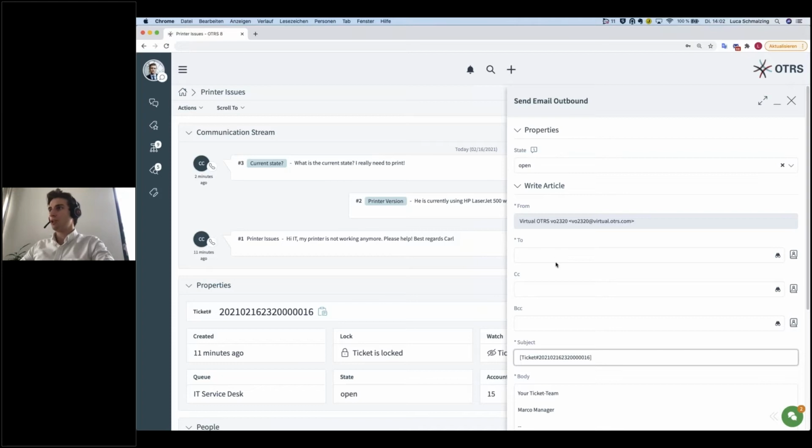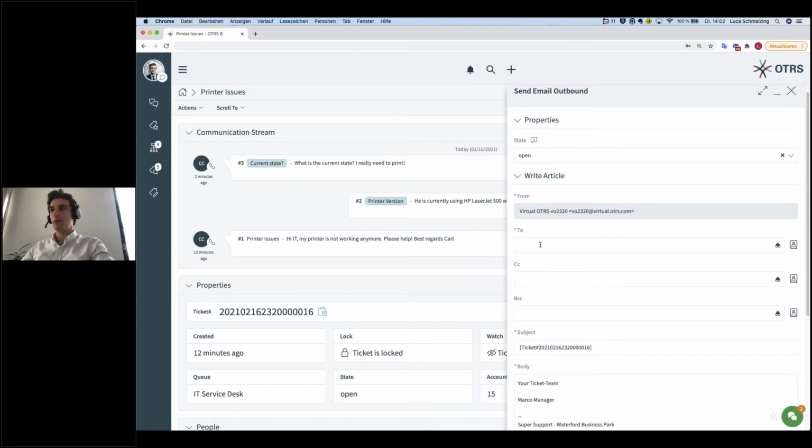You should not use this action here because, as you can see, the to field, for example, is not pre-filled with the customer. So normally you would expect the system to auto pre-fill this field here, since you don't want to always add the customer, since it was already